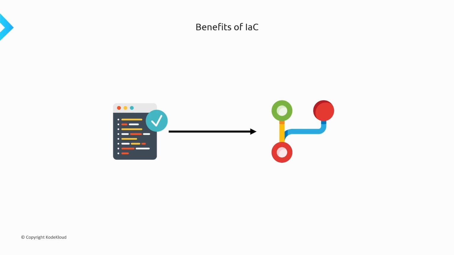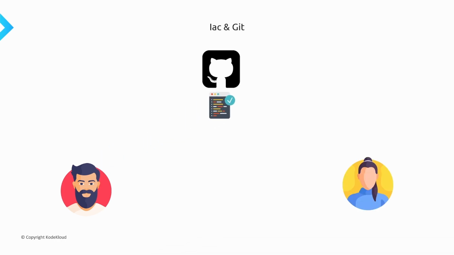Now, those benefits are nice, but I think one of the best benefits of using an infrastructure as code tool is because it's defined in code, we can treat it like any other application code, which is we could take advantage of Git, because ultimately it's just code. And just like any other piece of code, you can store it within a Git repository. So when we store our code in Git, we can obviously take advantage of being able to share our code with all of our team members and potentially anybody on the internet if you decide to make it a public Git repository. We get to take advantage of being able to share our code with many other people using infrastructure as code,